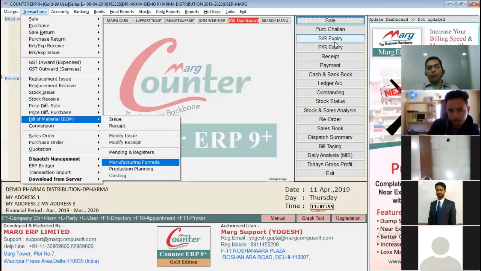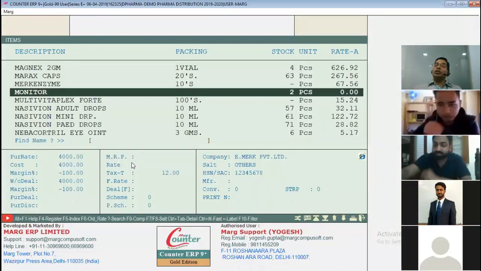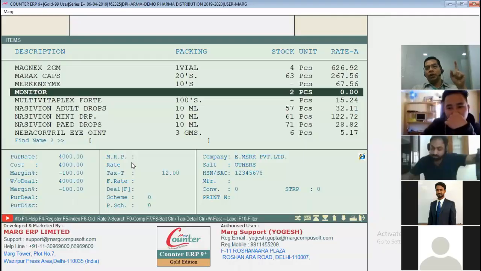manufacturing formula. I repeat my words. Now I have to tell the computer how to make, how to configure, how to produce computer. For that I'll be going for manufacturing formula. And this is not dynamic. Once I have created it, that would work. It would not happen while creating. Firstly I have to make the formula.